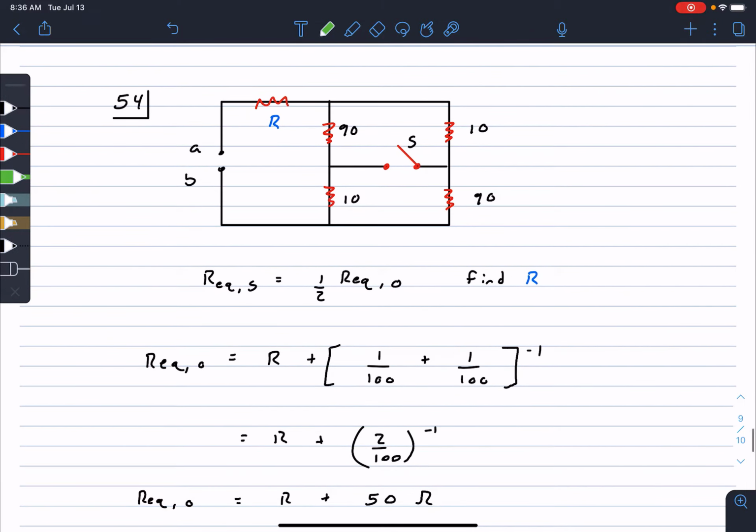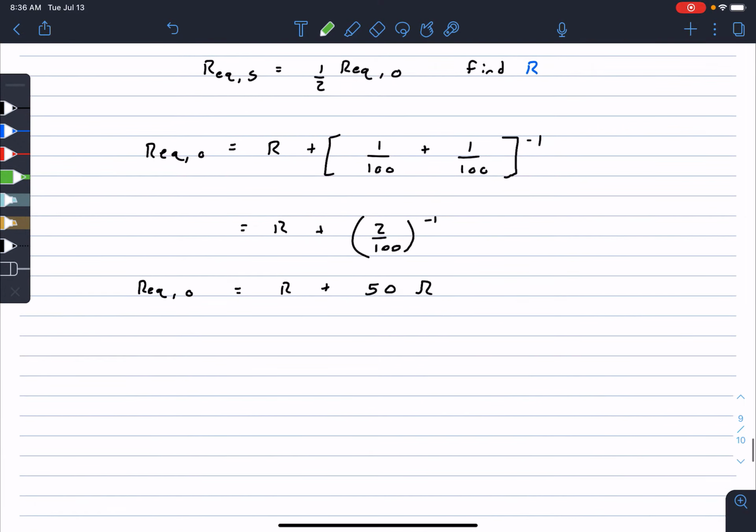If the switch is closed here, now we have a little bit of a different scenario. Now we have this one and this one in parallel, and this one in parallel. So we'll add these up. The equivalent resistance with the switch closed is going to be equal to R, remember, because we just have this one